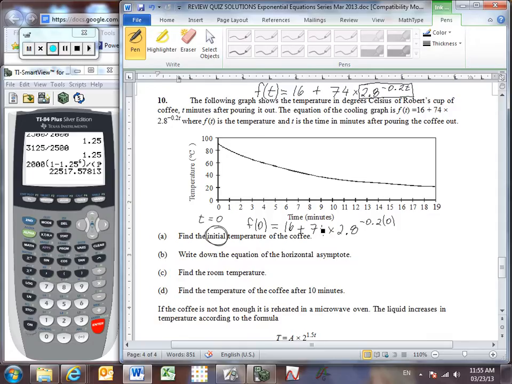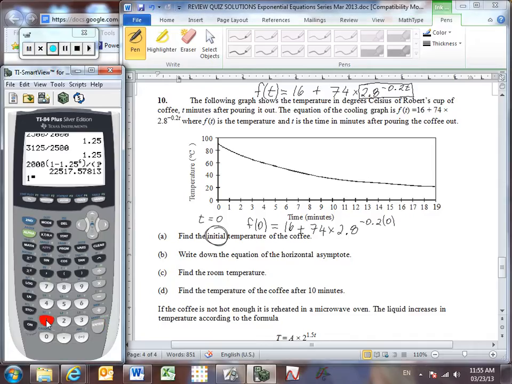So there's another way that you can get it, but I'll show you how to do it on the calculator anyway, just so that those of you who like the calculator can follow a method. 16 plus 74 times 2.8 raised to the power of negative 0.2t. And we get,